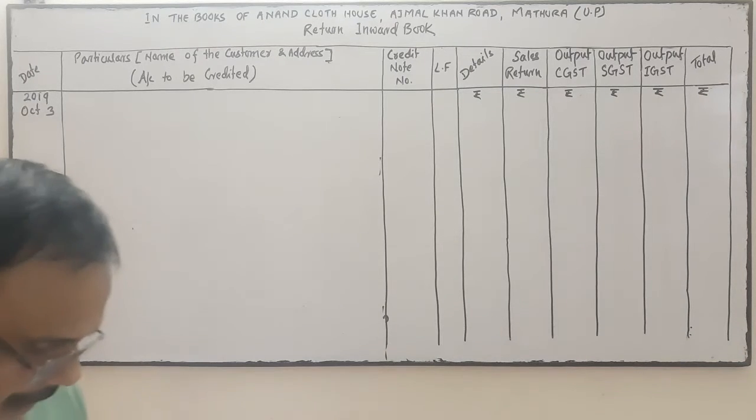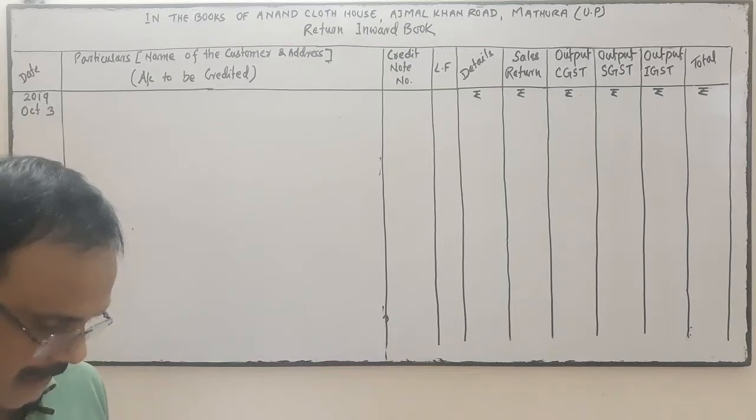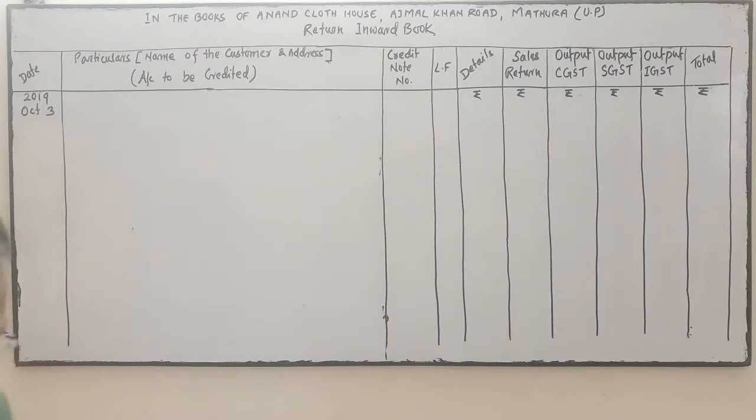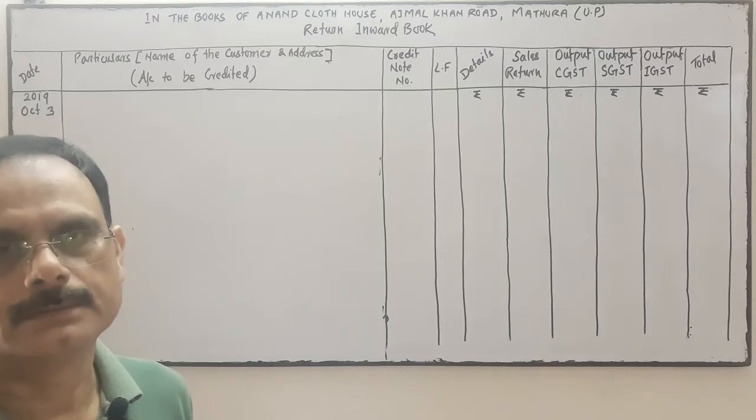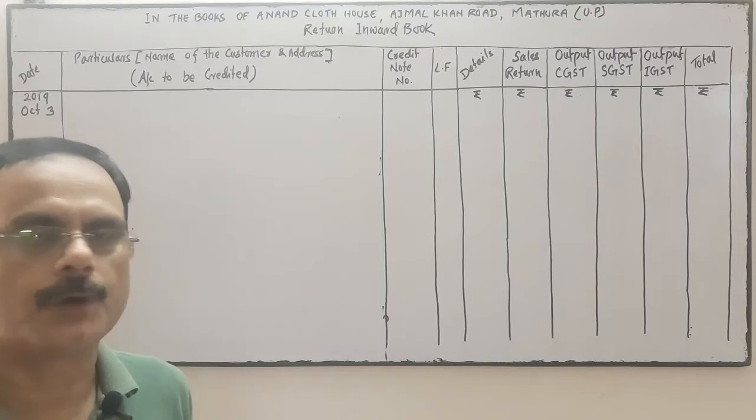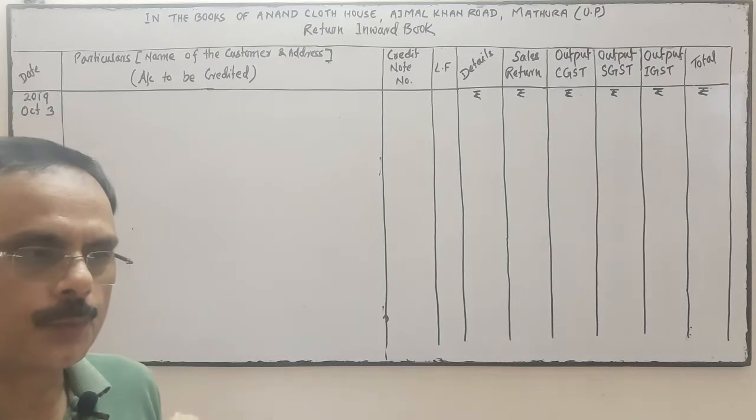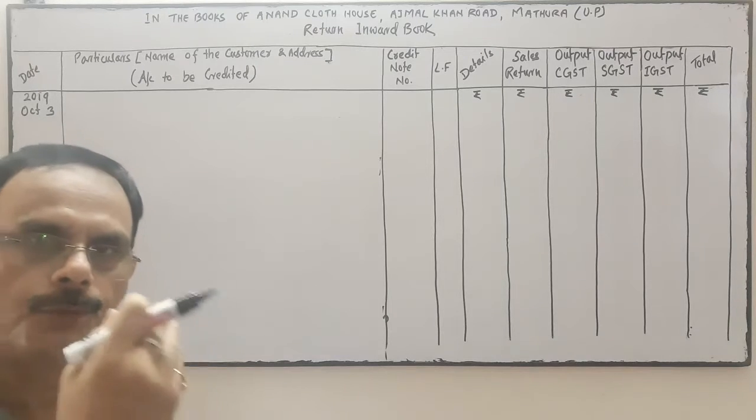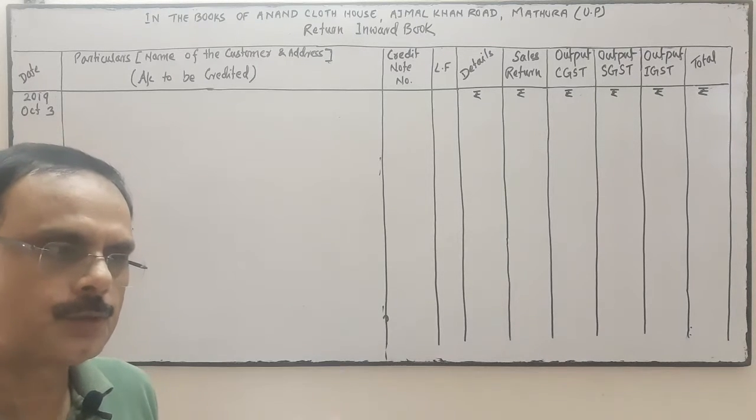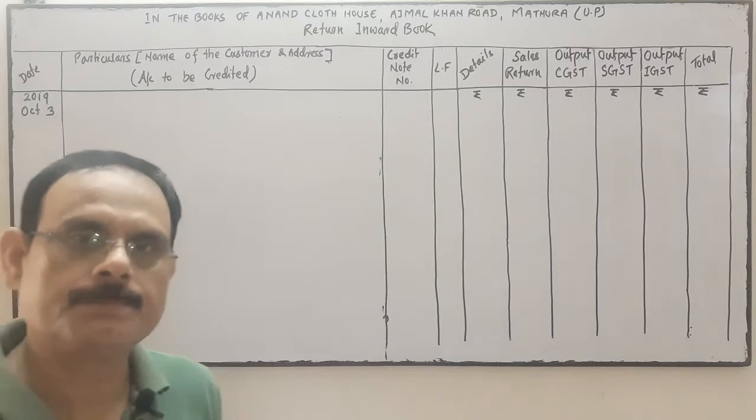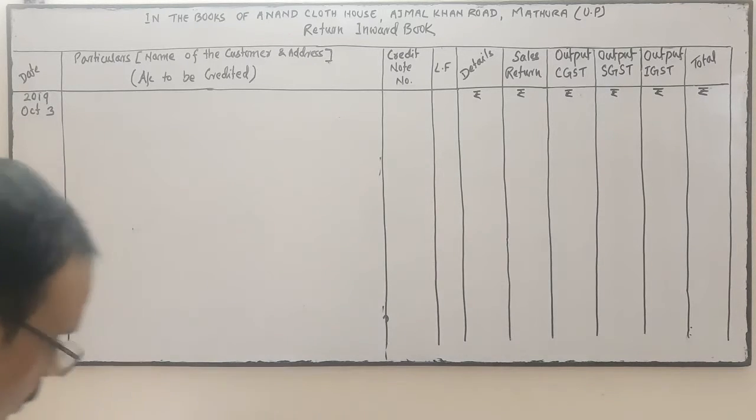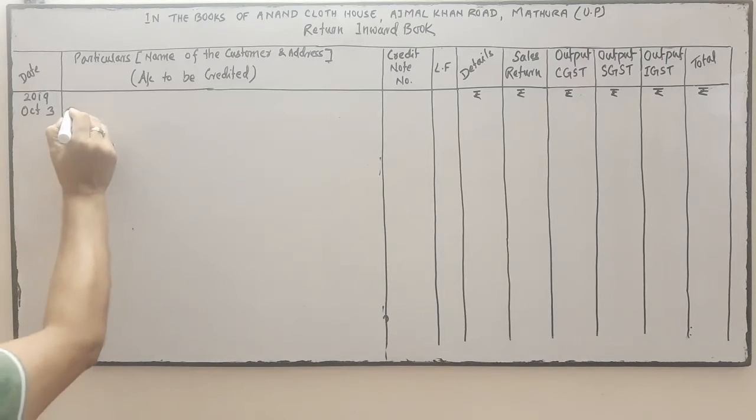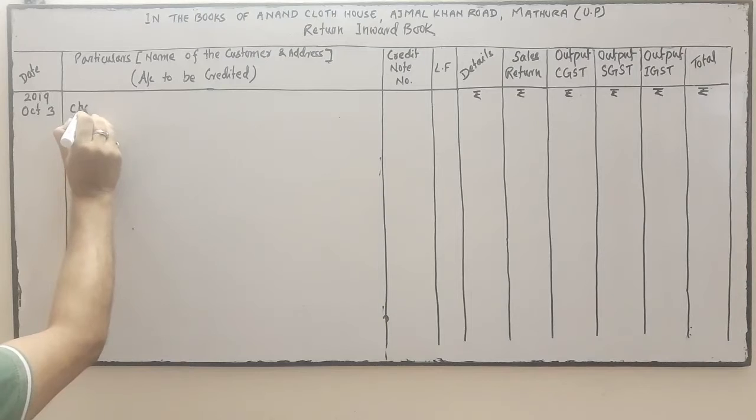Chakravarti and Company, Jaipur, Rajasthan, returned to us being not according to sample. The reason of returning is what? That goods which we have sold, that goods is not as per sample. That's why the customer has returned that goods. So who is the customer? We have to write the name of the customer first. Chakravarti